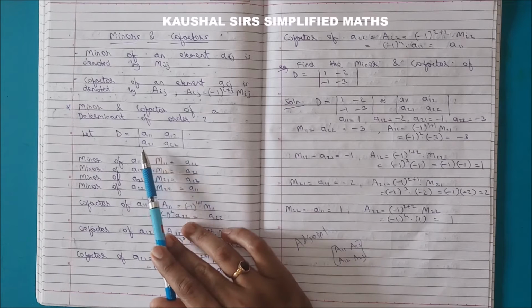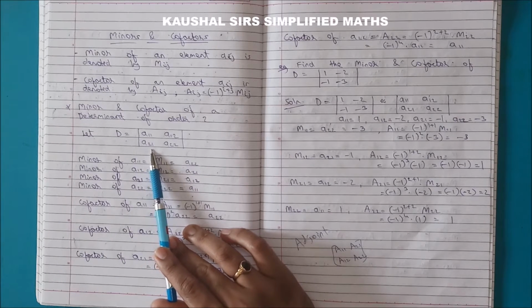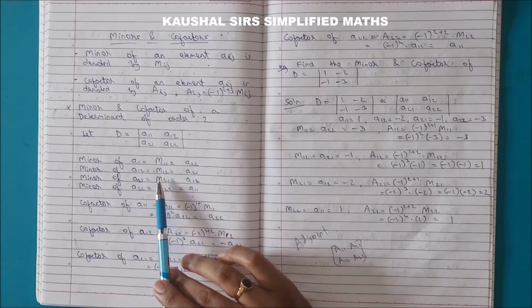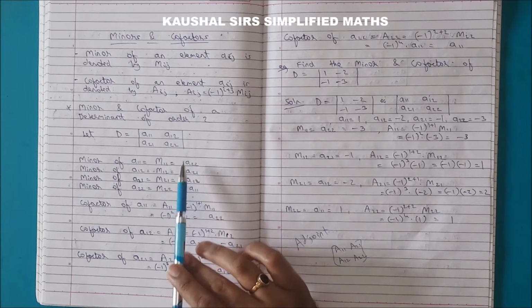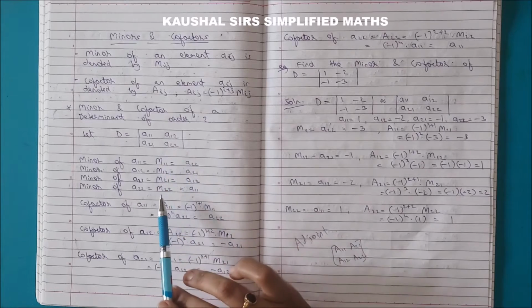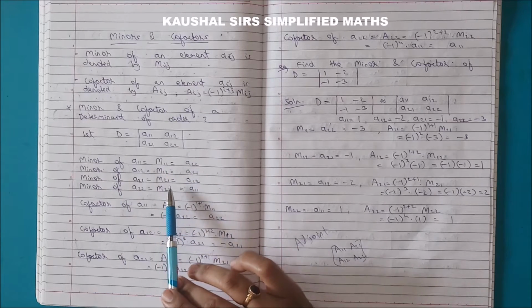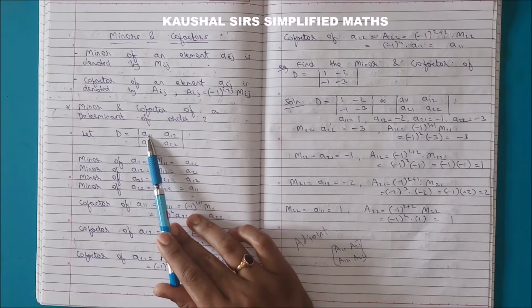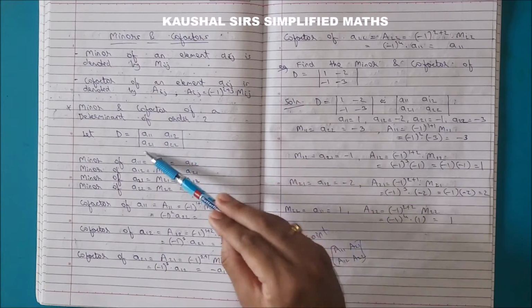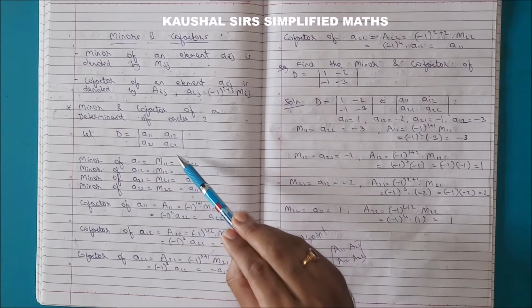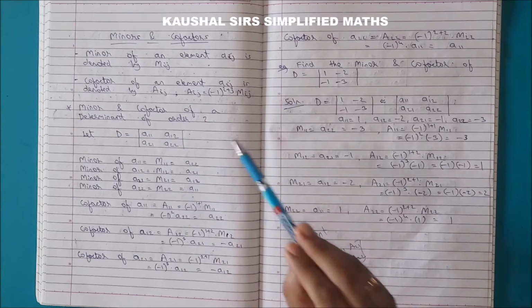Likewise, coming over here, minor of A21, its symbol will be M21 and its diagonally opposite element is A12. So that is its minor. Coming to A22, the minor is denoted by capital M22 and the minor of this element is A11. Clear students? Did you understand how to find minor of all the elements? You just have to take diagonally opposite elements. That's it. Those are their minors.